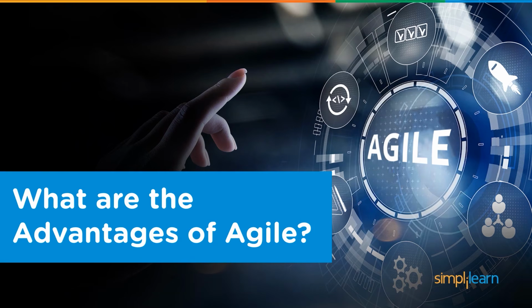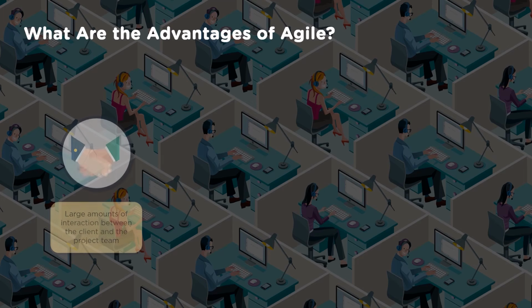We looked at the disadvantages we have when we follow waterfall. So did we overcome those? The disadvantages we had in waterfall, did we overcome them using agile? So what are the advantages of agile? Agile is helpful in handling large amounts of interaction between client and project team because it throws light on the importance of interactions, the importance of collaboration, and self-organized teams. It is spoken about more and more.